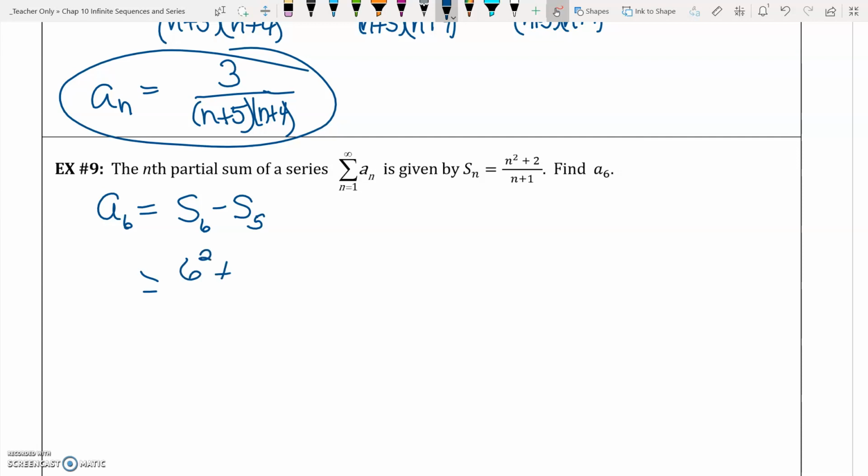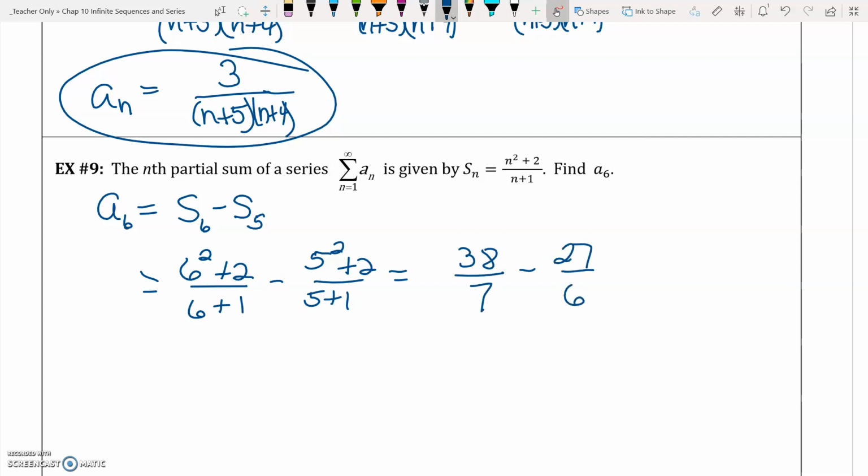So I have (6 squared plus 2) over (6 plus 1). And from that, I'm going to subtract (5 squared plus 2) over (5 plus 1). So this is going to give me 38 over 7 minus 27 over 6. Creating a common denominator, I have 228 over 42 minus 199 over 42. So combining these, I get,